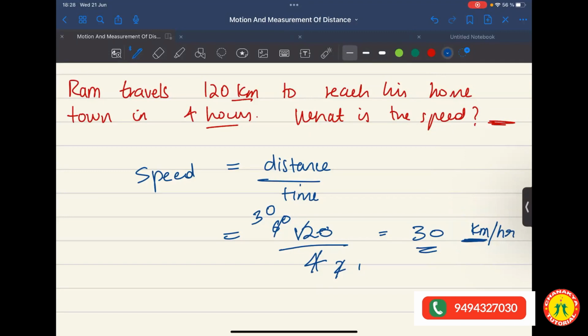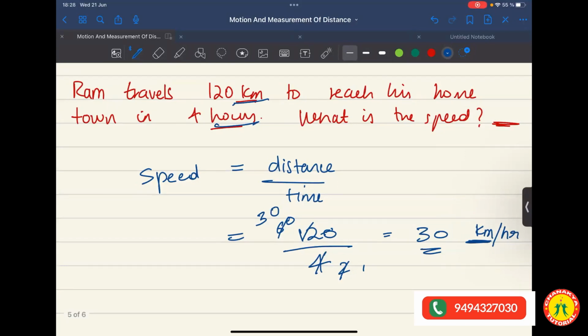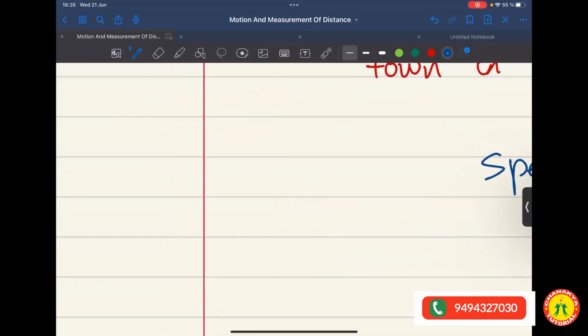Got it. Why is this a common mistake? Aishwarya and Tarakeshwaran, are you not concentrating? You know that the unit of speed is distance by time. Distance is given in kilometers. Time is given in hours. So it should be kilometer per hour. I don't know why it's a silly mistake you all are making. Anyways, okay. What if